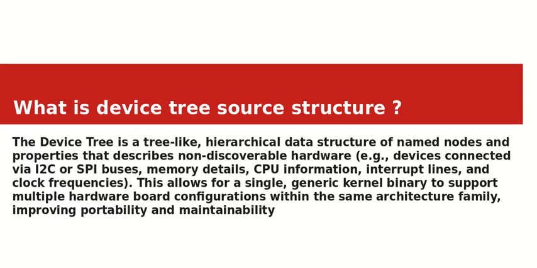Now, what is the structure of the device tree source? As I said, it is a tree-like hierarchical data structure. At the end of the screencast, we will see the structure of a real device tree source, okay? Basically it has nodes at different levels. Suppose there is a piece of hardware chip, so we have its node, and then suppose that chip has 4 chips inside it, then in the device tree source, inside that node, there will be 4 further nodes, like this.